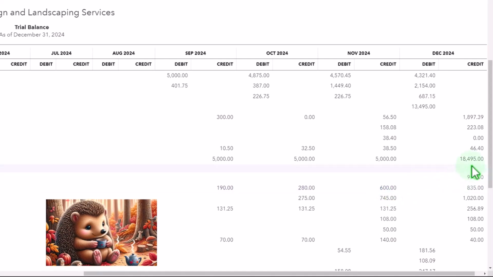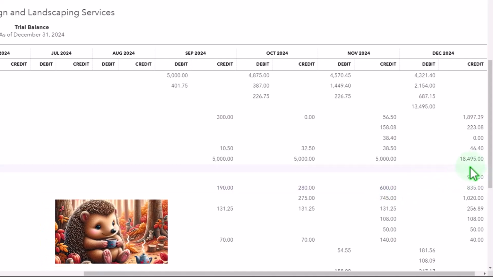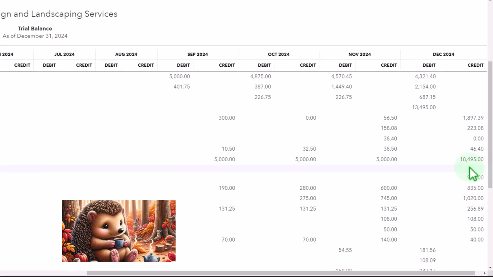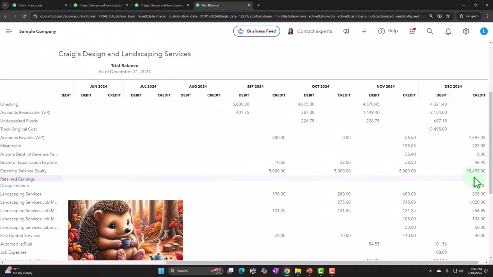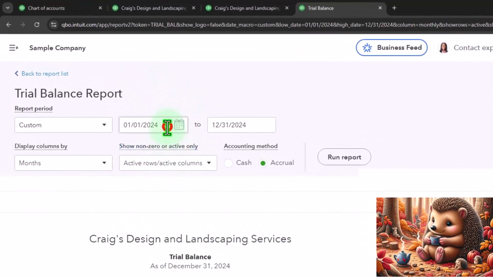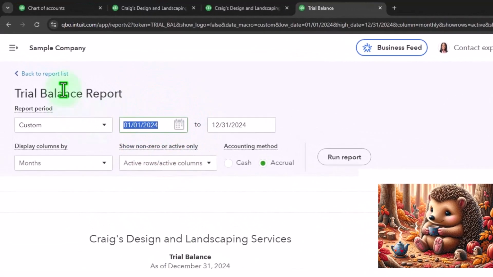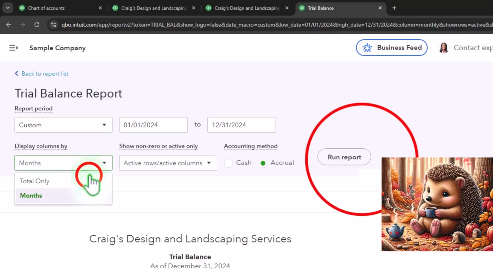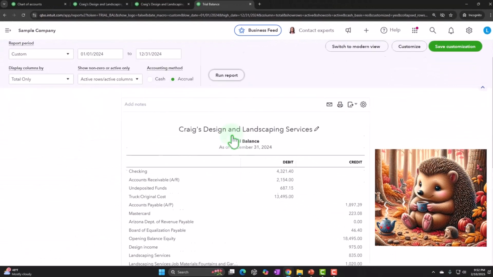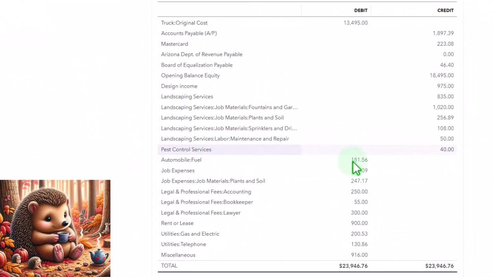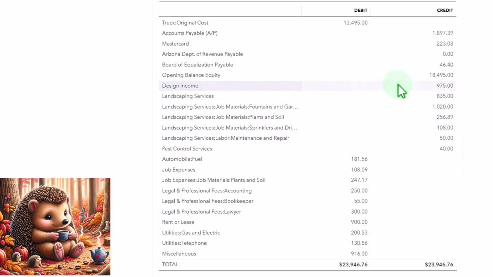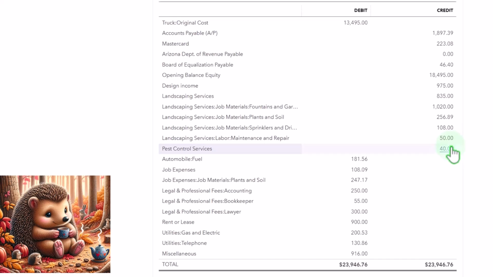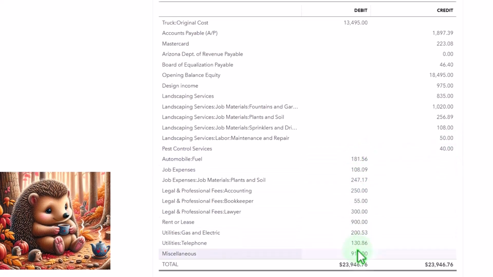So, and nothing's being closed out to retained earnings. It will close out to retained earnings at the end of the year, and then it closes out. So that's how the system's basically designed. So if I go, let's go back to seeing it in years, total only. So there we have that. So then if I added these up, if I added up the income, this minus the expenses, I would get